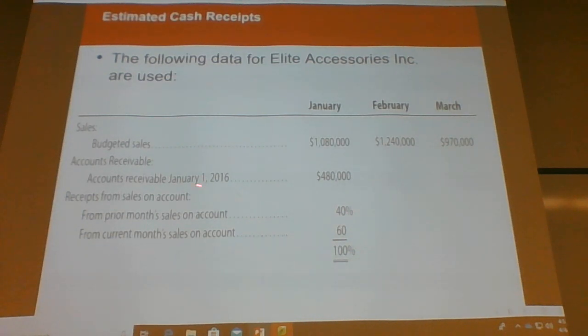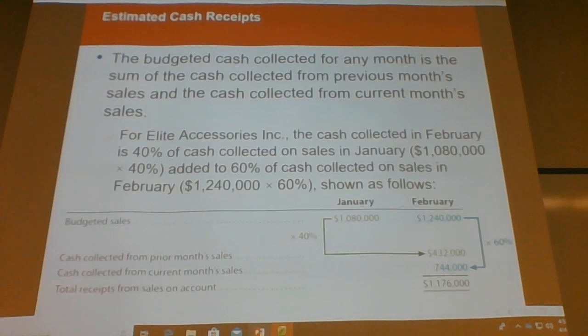So when we look at this accounts receivable for January 1 of $480,000, we could actually take $480,000 and divide it by 0.4, and we could arrive at what our sales were for December. Just doing that in my head, I believe it would be 1.2 million. Okay,